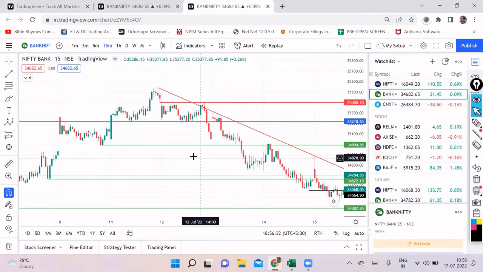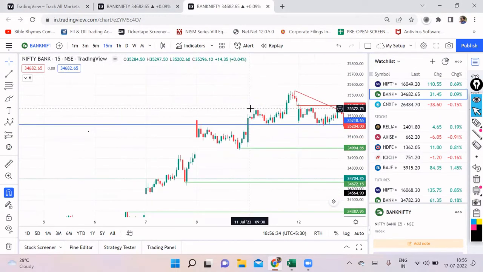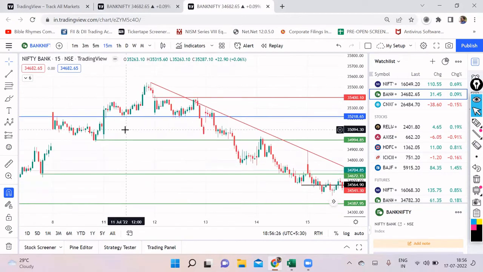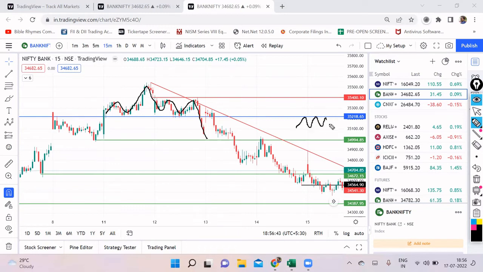Like if you see here, it actually put a head and shoulder kind of pattern here, and then it broke it. So this is a very important level. We would want to see what Bank Nifty does, because it should give a closing somewhere near this place, and then it should break this level. So tomorrow, in case of a flat opening,